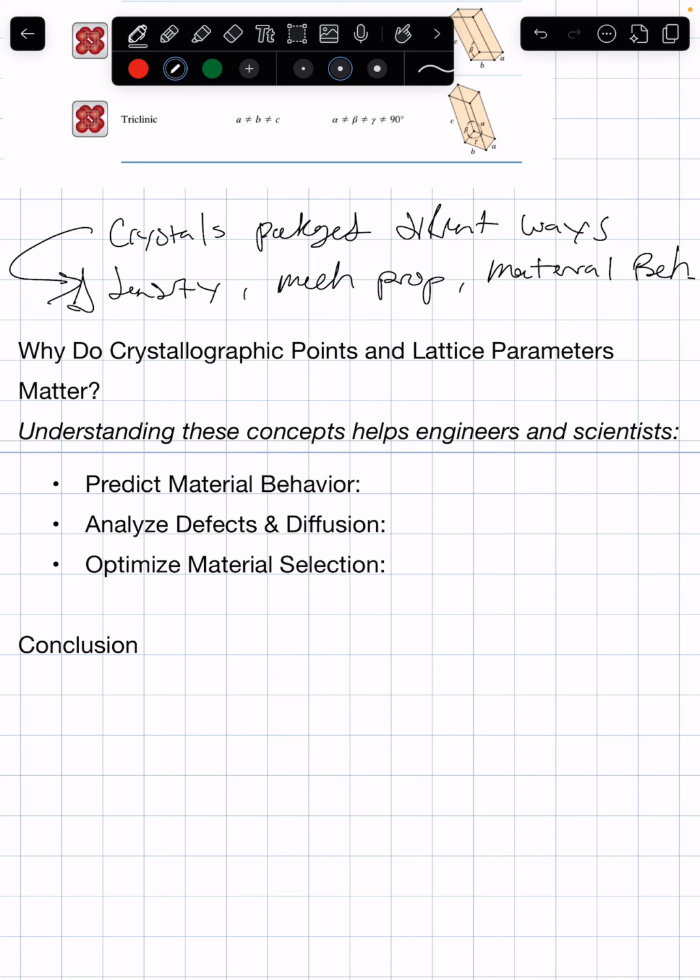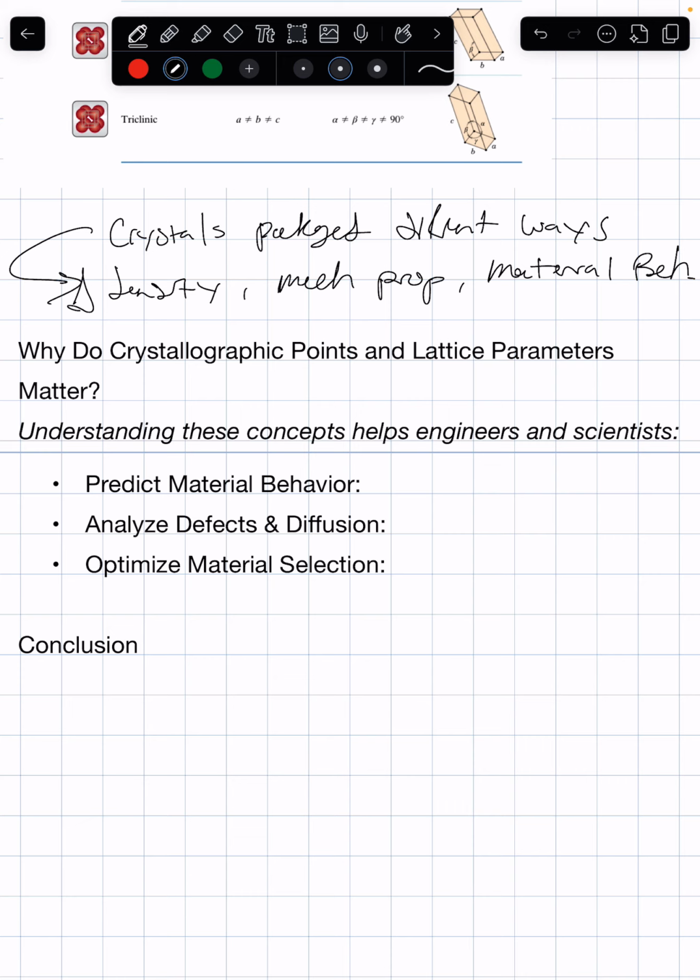And then last but not least, diffusion rates depend on the lattice structure, which are important for alloys and semiconductors. Which, thinking about how do we optimize materials for cost-benefit analysis, things like that. Silicon is a really good example when we think about semiconductors, because it is widely used in chips, because the crystal structure allows for controlled doping and electron movement. All in all, the atomic structure determines the mechanical, electrical, thermal properties, which is why engineers need to understand the